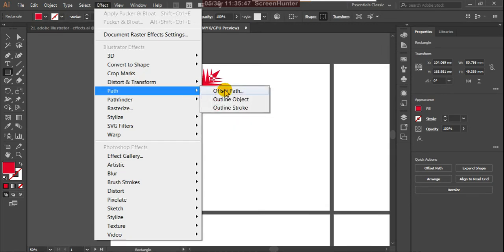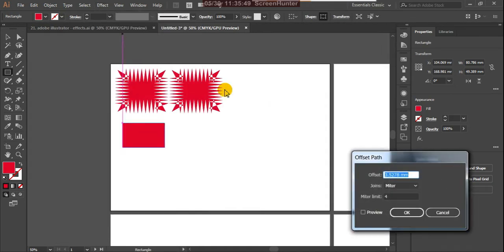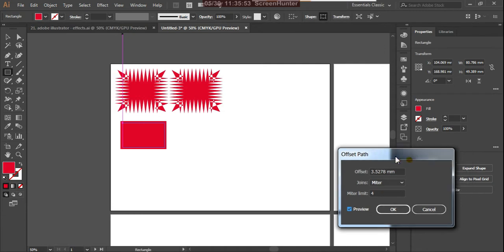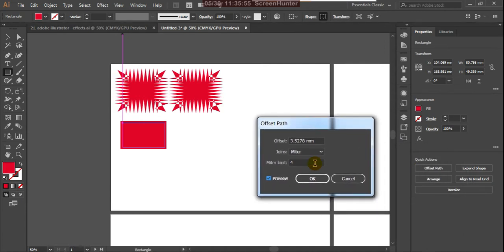Yeah, path, offset path. Okay, so preview this, and here we have the rounding. If you observe here, round options are given, and the bevel, sometimes how you want,